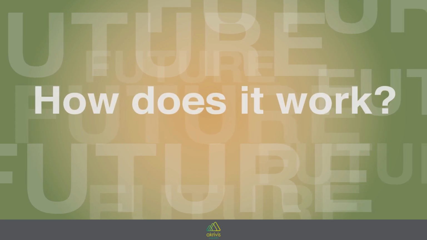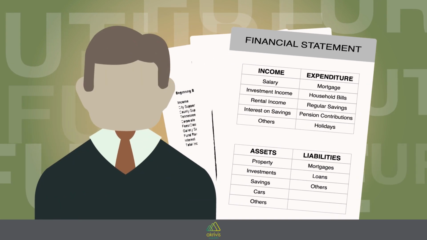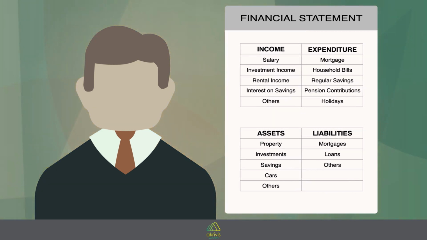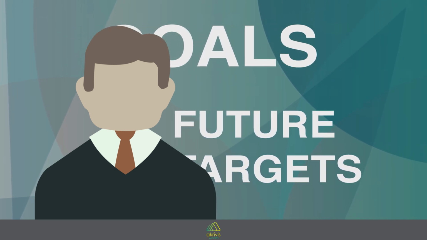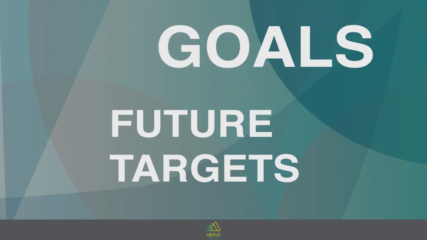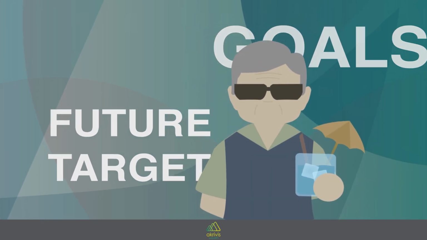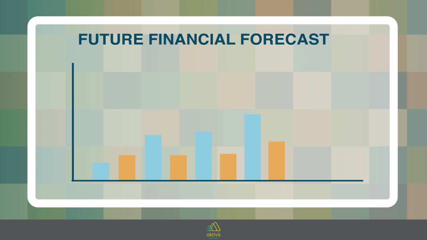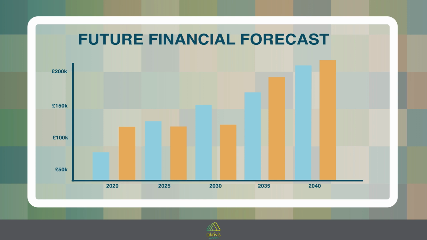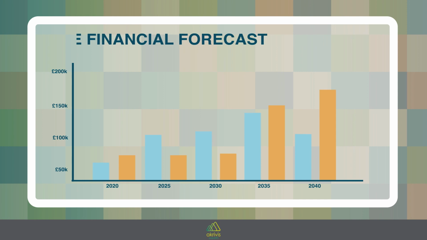How does it work? You start with where you are today, which can be analysed and summarised precisely. You explore your goals and future targets, those things that are important to you and your family. For example, you might want to aim for an early retirement or to pay off your mortgage by a certain age. You then create a financial model using the software, making certain assumptions. This gives you a picture of your financial pathway, a long-term income and expenditure pattern, which shows how the financial picture moves over time. You then start to address what-if questions.